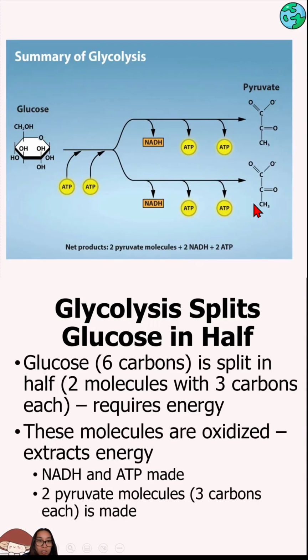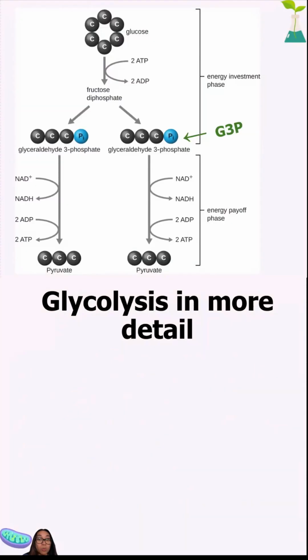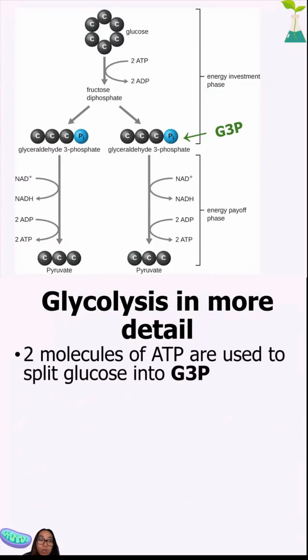And that is essentially what's happening in glycolysis. Let me go into a little bit more detail about what's happening. So again, we are starting off with glucose, and we are going to be using 2 molecules of ATP. So we're putting in energy to split that glucose in half, because splitting a molecule in half obviously is going to take some energy. And so when we split the glucose in half, it will become glyceraldehyde 3-phosphate, or G3P